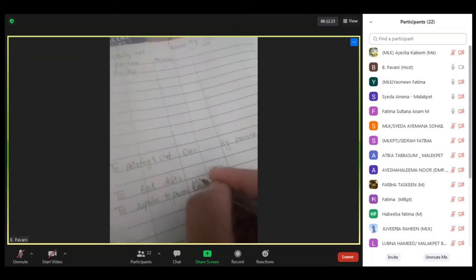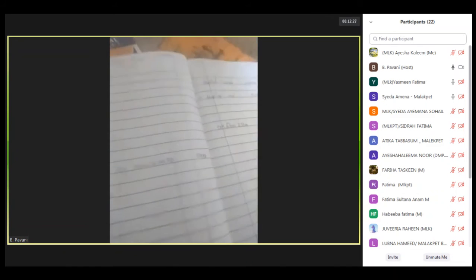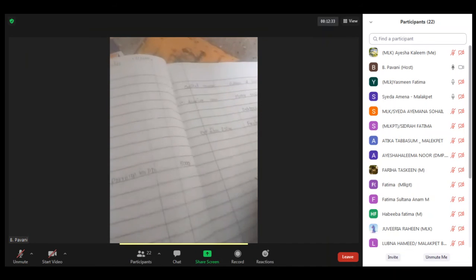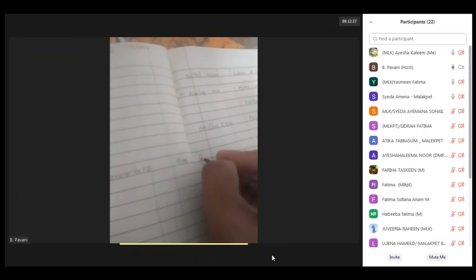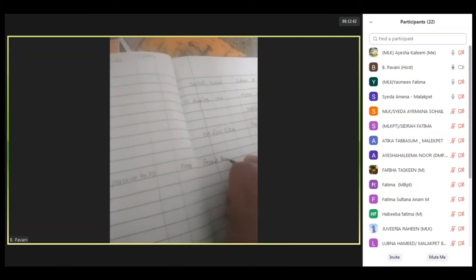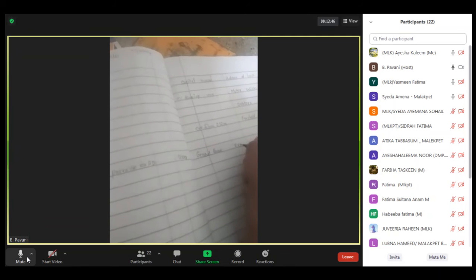Coming to the amount, it is 47,600. Next, they have given the general reserve. Where will the general reserve come? Not the P&L credit side. General reserve is a liability, not in the P&L account. On the liability side, we have to write general reserve. The amount is 2 lakhs.